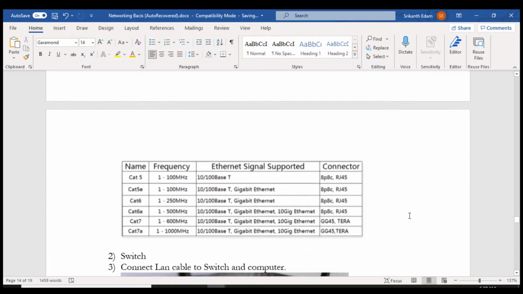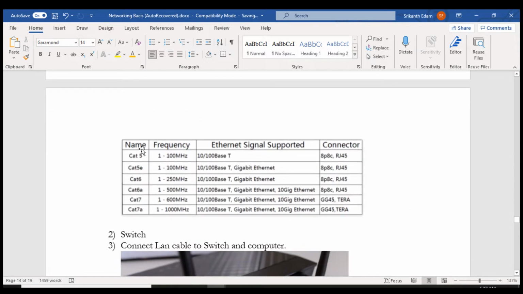So here I have some comparisons. Cat5 and Cat5e are the older cables with a frequency of 100 megahertz, and they have an RJ45 connector. The same RJ45 connector will be used to connect the computer and the networking device. And these are the speeds: 100 Mbps, and it will be a gigabit Ethernet port.